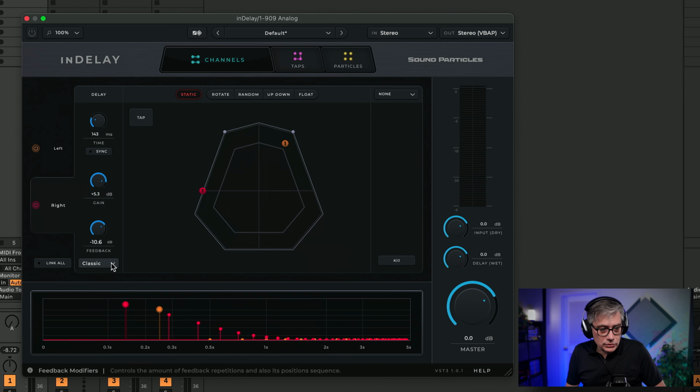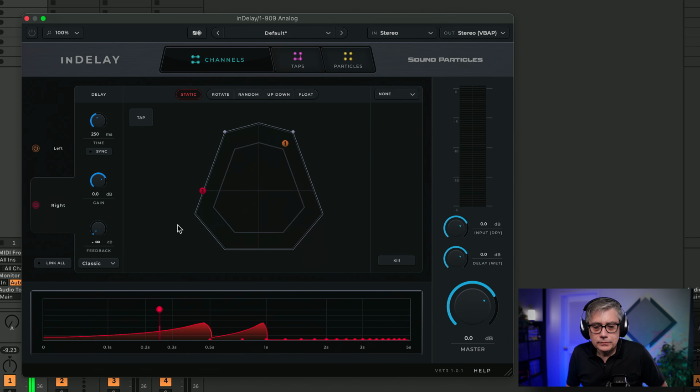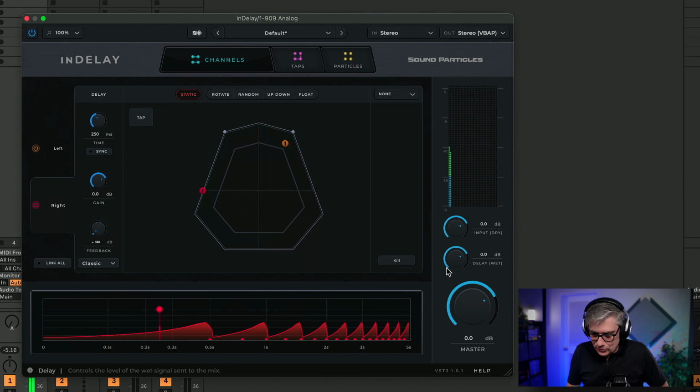But what we can do, and for that let me reset everything for a second, and let's turn on the audio, and most importantly also turn on the plugin. So let's put the bad signal, let's do that a little quieter. So what you can do here is in the feedback settings,